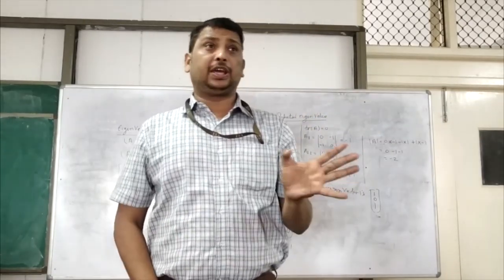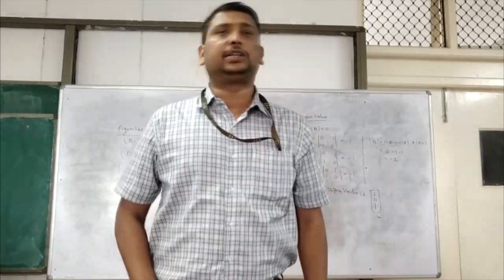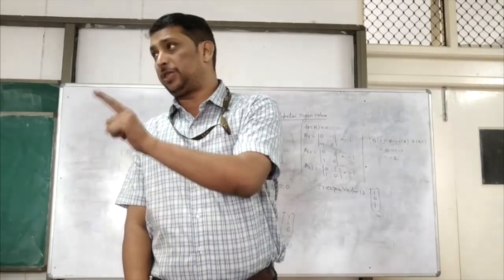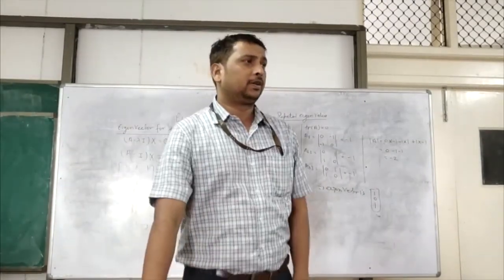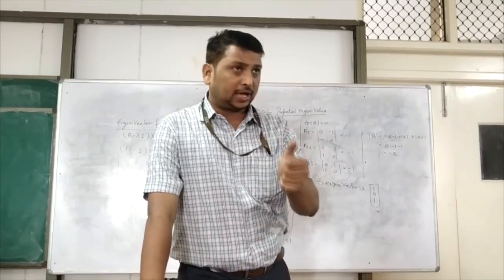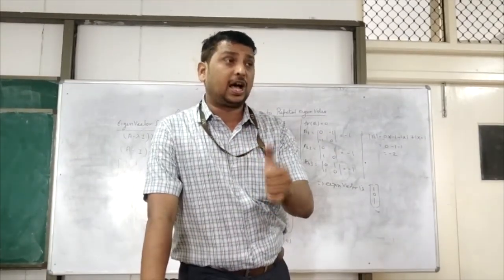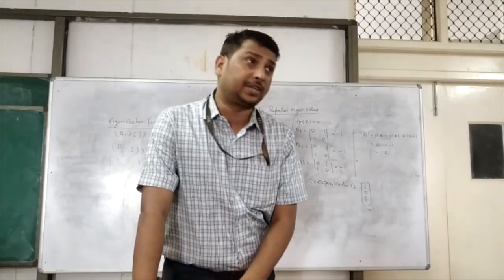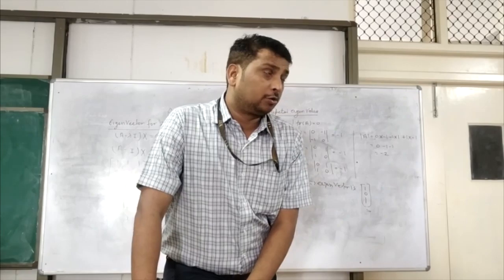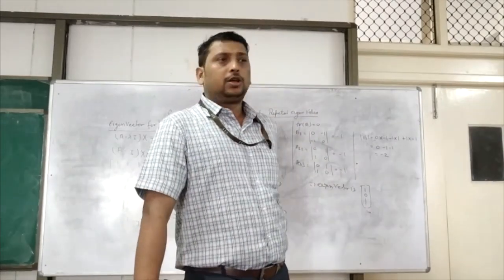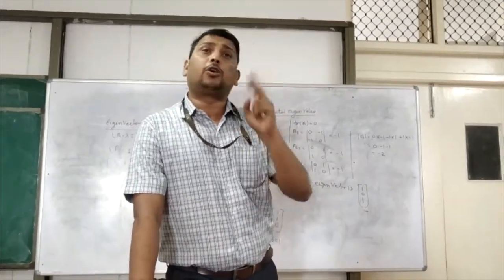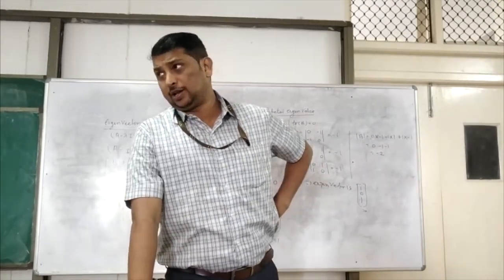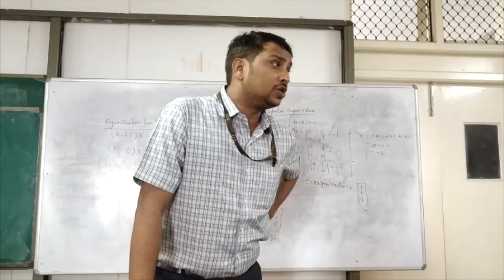One more way is there, which is the better way, and that is called the orthogonal way. It means the orthogonal transformation way. That is the best way to calculate, because eigenvectors corresponding to distinct eigenvalues are always orthogonal. So how do we calculate the orthogonal way? First of all, what is orthogonal? Two vectors are said to be orthogonal when their dot product is 0.